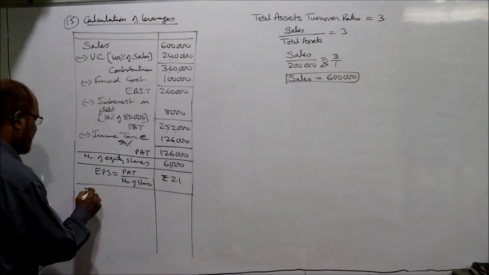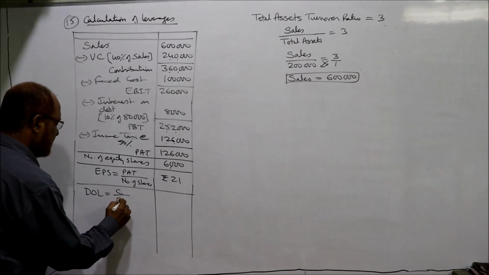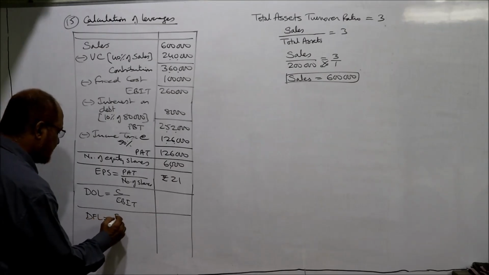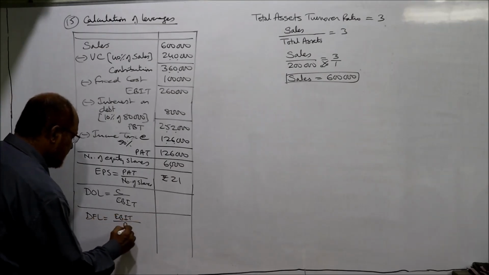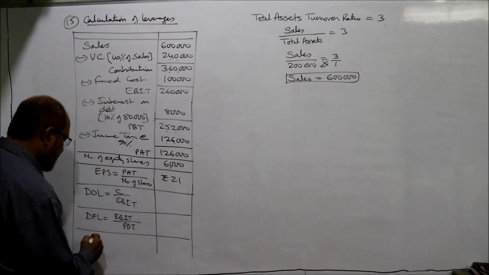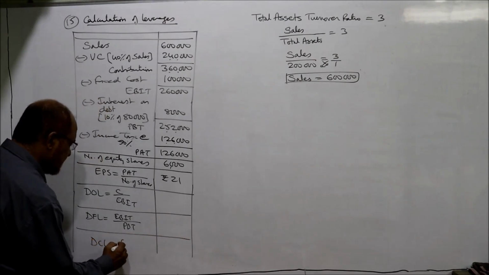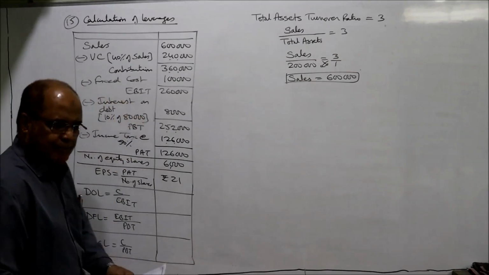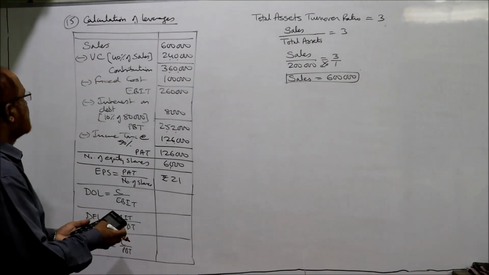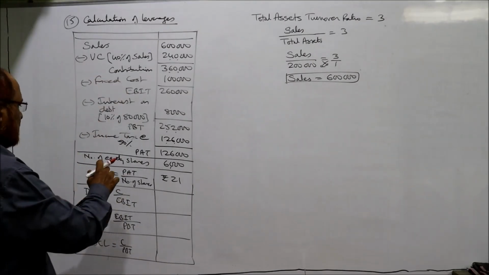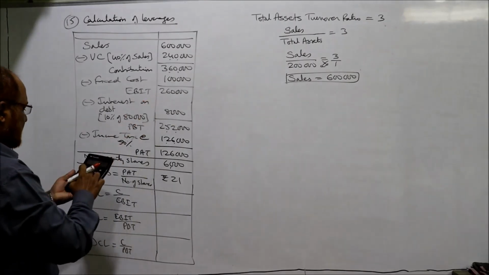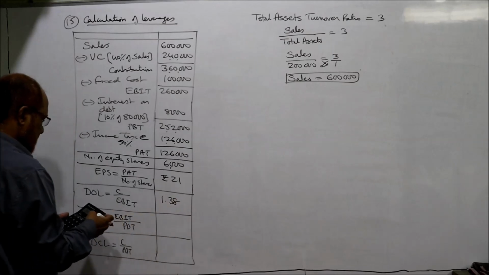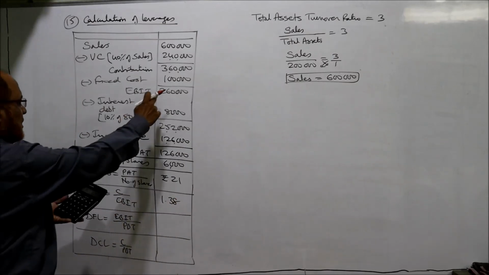Then we have to calculate DOL, contribution divided by EBIT. DFL, EBIT divided by PBT. DCL, contribution divided by PBT. The 3 leverages we have to calculate. First one, contribution. Contribution is 3,60,000 divided by EBIT 2,60,000, which is 1.38. EBIT by PBT, 2,60,000 divided by